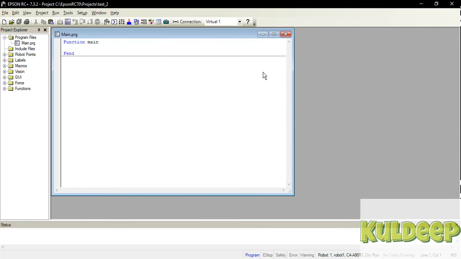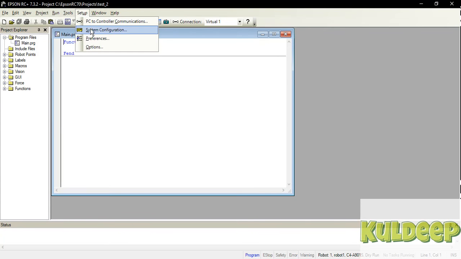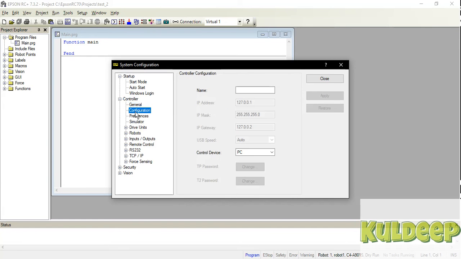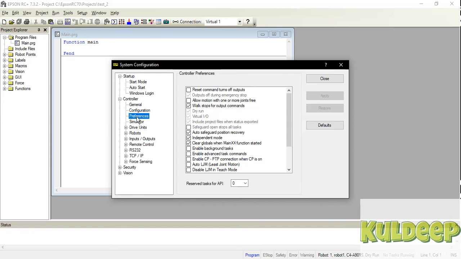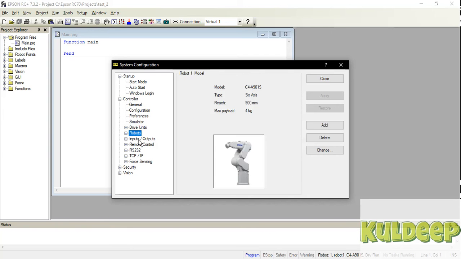Okay, now this main program screen is open, but before that I need to do some other settings too. So I'll go to the system configuration. From startup, you can select auto or your programming mode. In controller, you can find general settings, configurations, preferences, simulator, drive units, robots.